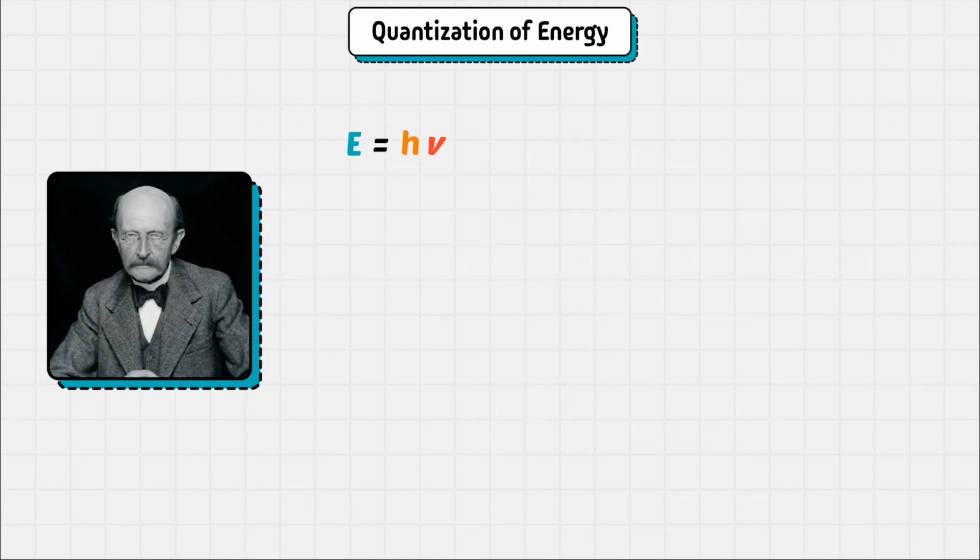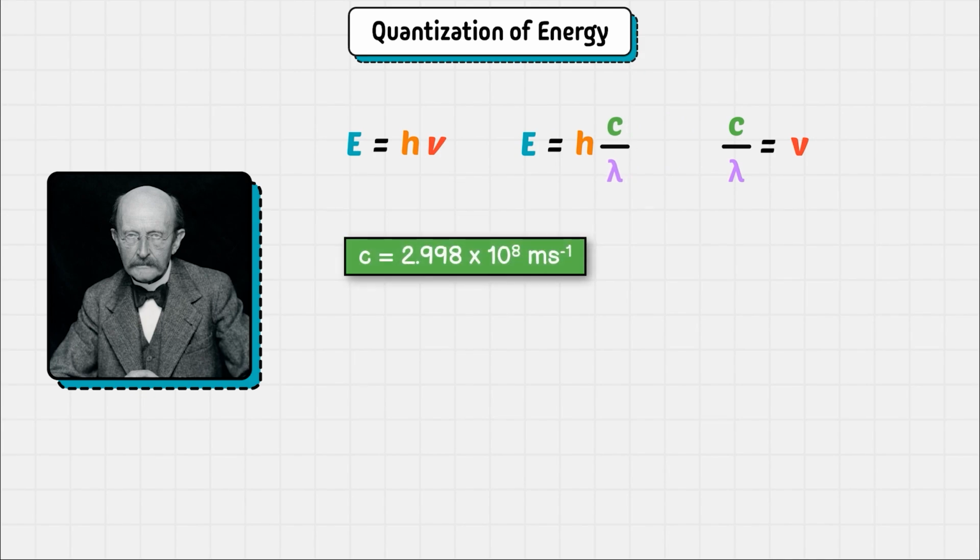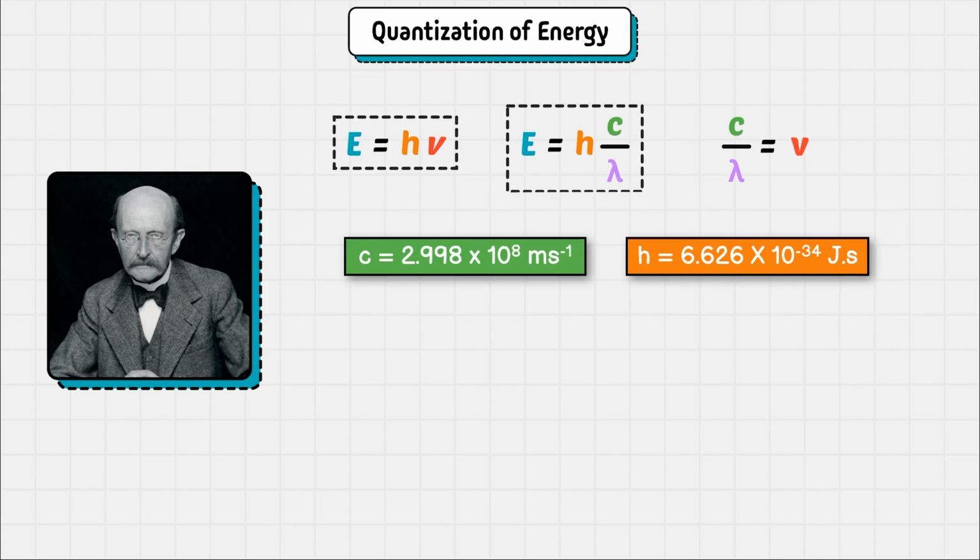Using this formula, we can calculate the amount of energy in 1 quantum of any electromagnetic radiation using its frequency. However, if we don't have the frequency of that electromagnetic radiation, we can modify this equation using the relationship between frequency and wavelength. We can rearrange this equation to get the value of frequency, which we can then plug into our first equation. And now, we are all set to calculate the amount of energy in one quantum of any electromagnetic radiation using either its